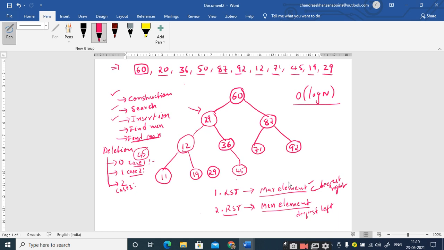And what are the elements towards the right subtree of 29? 36, 29, 45. 29 is not there. It is replaced with 20, right? Here. So what are the right subtree elements of this 29? It's only 36 and 45. Are they greater than 29? Sir, greater than 29, sir. So is this entire tree satisfying the properties of a binary search tree or not? Yes, sir. Right. So this is how you are going to delete the node with 2 children.